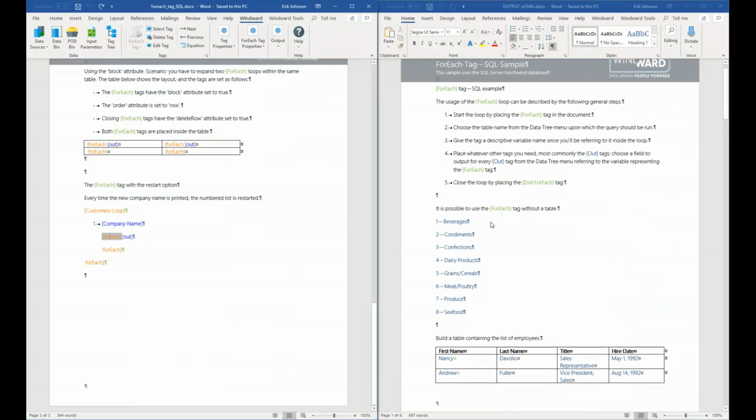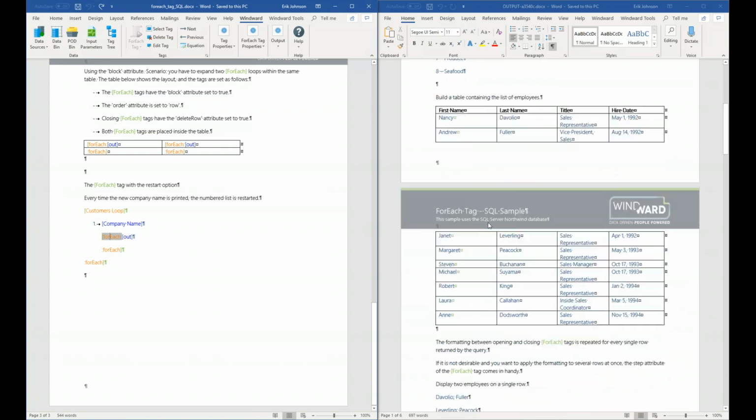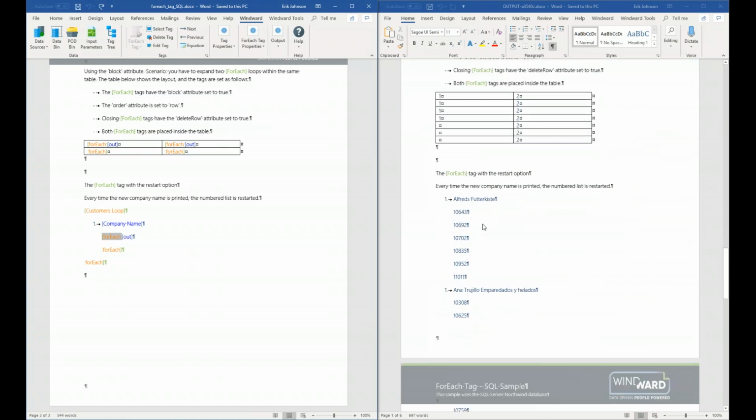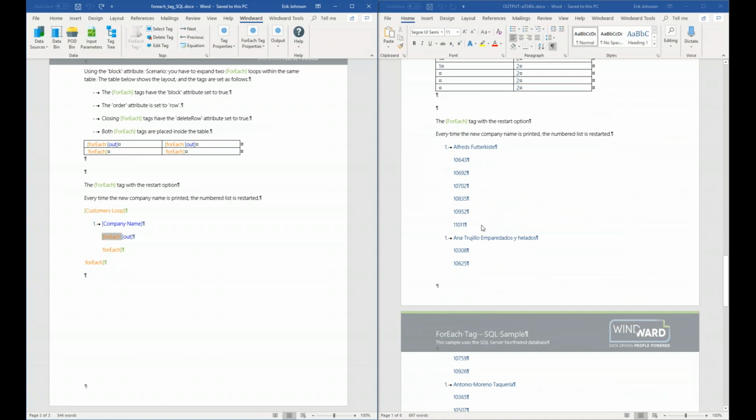All right, I'm going to scroll all the way down to the sample we've been talking about. All right, right here. Now I want to give you a brief explanation of what is actually happening when we generate output